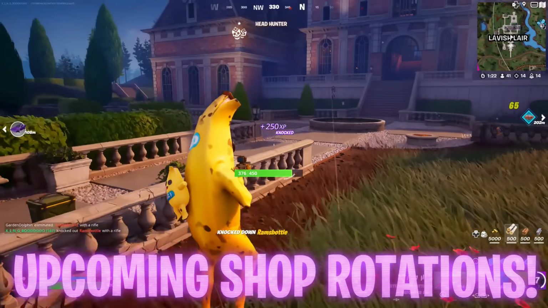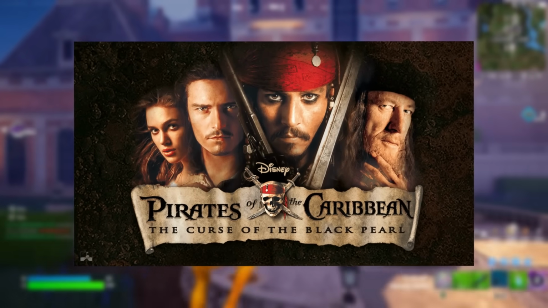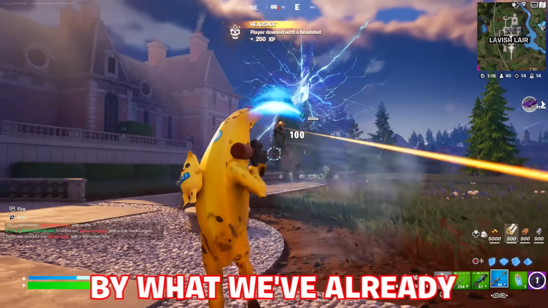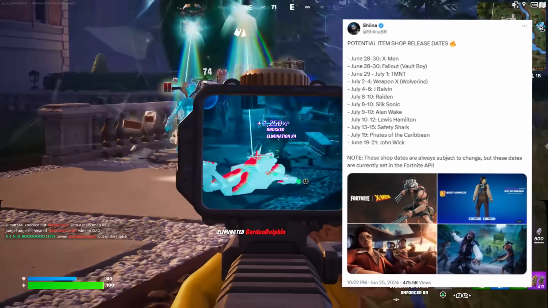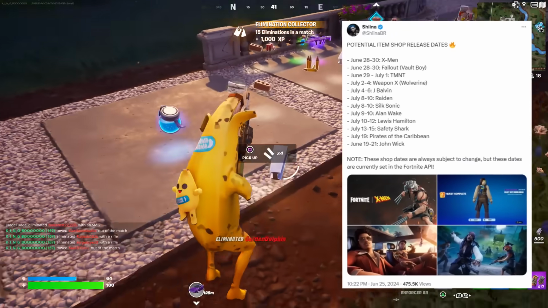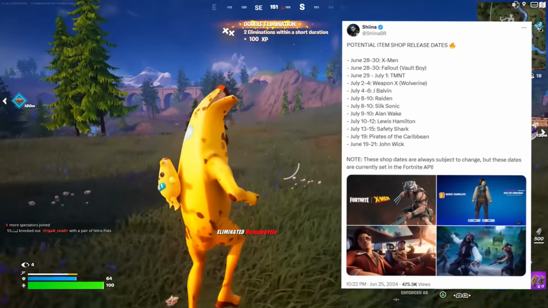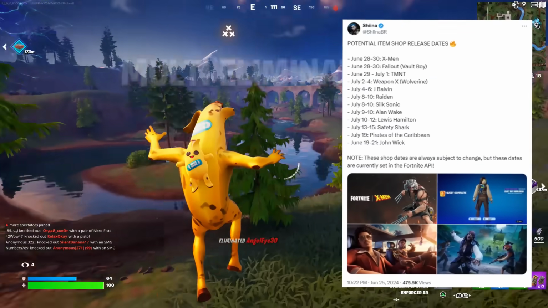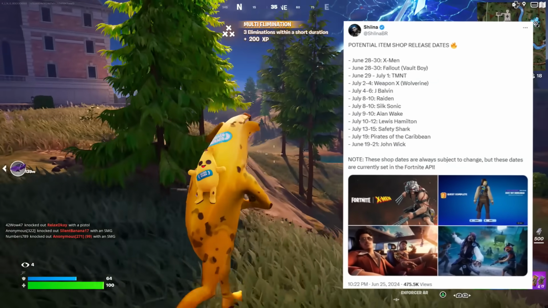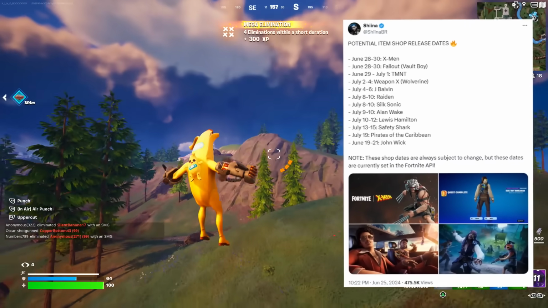The item shop is looking very promising, and we have dates going up all the way until the Pirates of the Caribbean event and just after, which is proven true by what we've already seen thus far. X-Men from June 28th to 30th, Fallout Vault Boy battling, June 29th to July 1st, TMNT, July 2nd to 4th, Weapon X Wolverine, July 4th to 6th, J Balvin, July 8th to 10th, Raiden, July 8th to 10th, Silk Sonic, July 9th to 10th, Alan Wake, July 10th to 12th, Lewis Hamilton, July 13th to 15th,